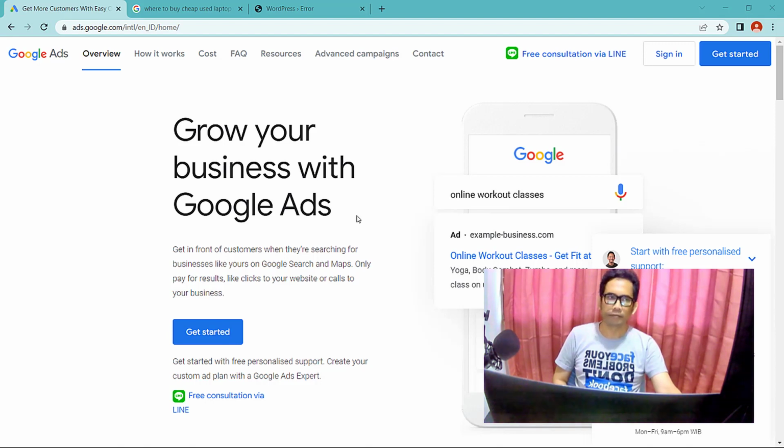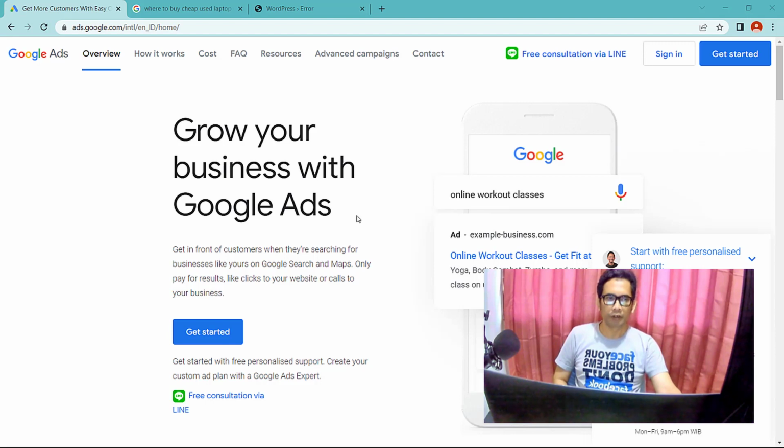And the third, choose your target audience. Decide who you want to target with your ads. You can target based on factors such as demographic, interest, location, gender, and keyword.